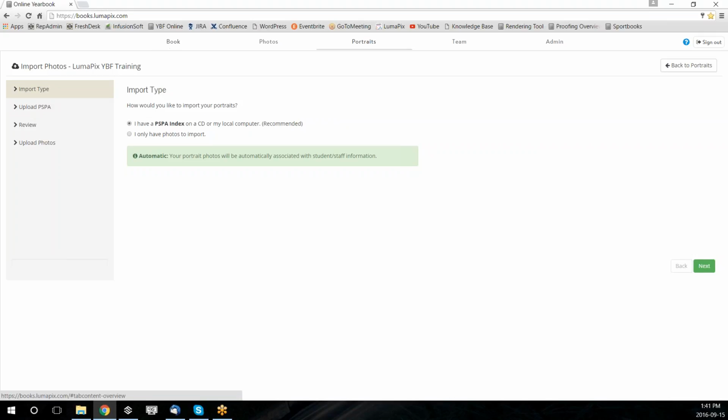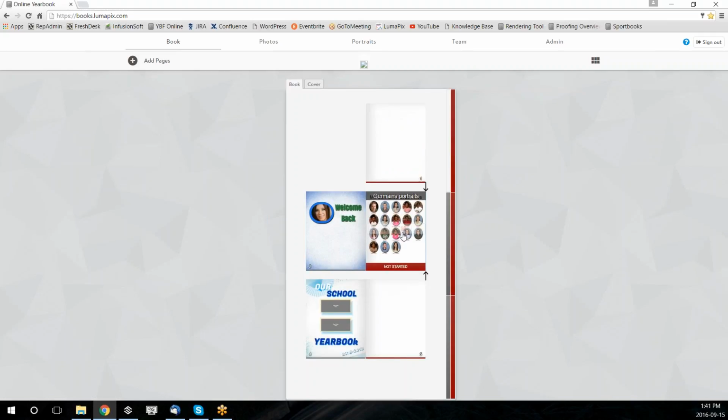Once you've made changes on the Portraits tab, you will go back to the Book tab, and after a moment you'll see a yellow warning sign appear above the top of the portrait page. That warning is indicating the page is out of sync, which means the page no longer matches the data on the Portraits tab. To fix, you open the page in editor mode,